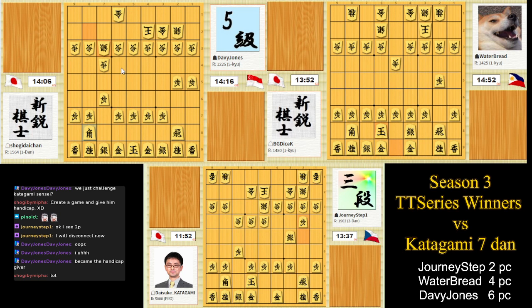Now I'm gonna go to Davy's game, which is top left, and we're gonna see a 6-piece handicap. Davy goes with a normal rook push, bishop open, and 1-5 edge attack. His strategy is not yet clearly knowable, and now I'm gonna take a look at Water spread game, top right,